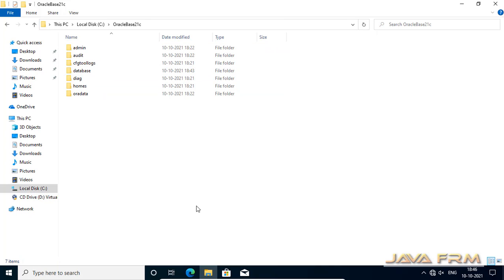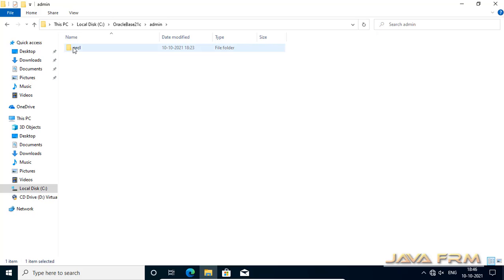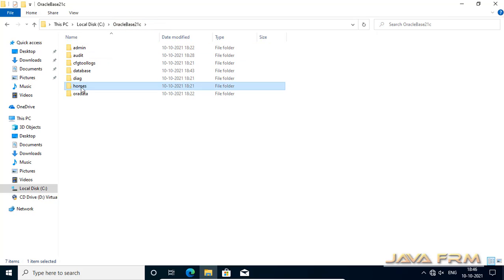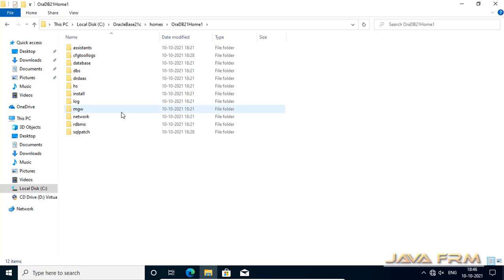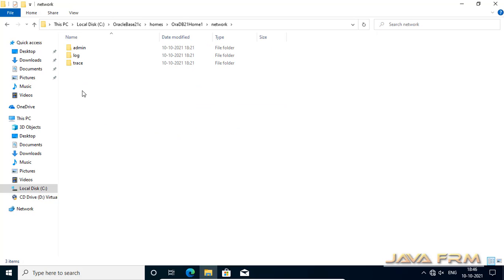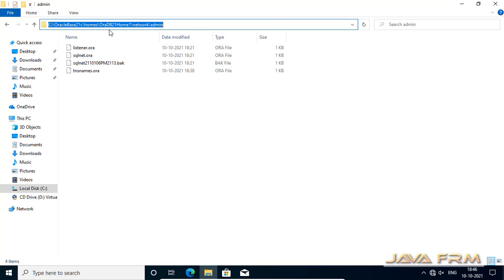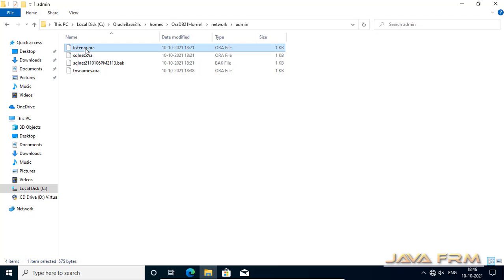Okay, now we are going to see the directory structure after installation. You can see this is the Oracle base 21C directory. Under homes, you can see Oracle DB home, then network admin. These are the .ora files which contain configurations for the Oracle listener. If you are an expert, you can modify these files.